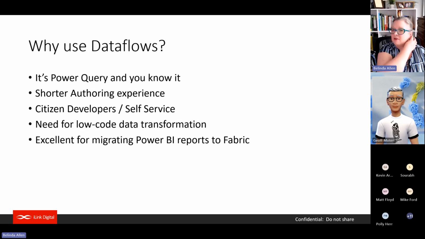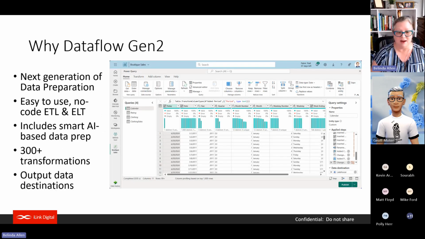One of the things that Kevin has proved to all of us is that if you go with the lower license for the capacity, which we call a SKU, the F1 SKU, you could really get in for about $250 a month if you don't have a lot of data. There are some limitations on it, let me put it that way. But then everyone just needs the $10 a month user license. So there's a point where it might be cheaper than Premium per user. So it's another opportunity to grow.